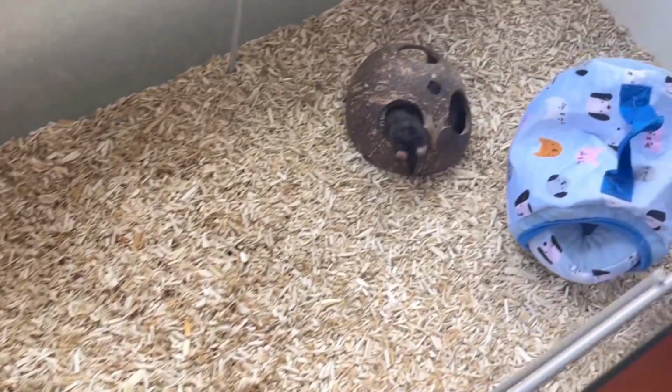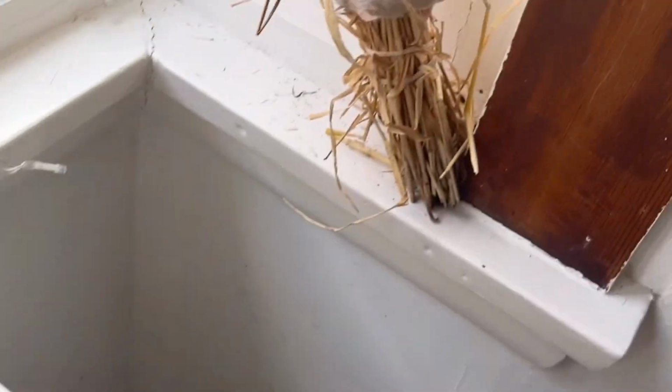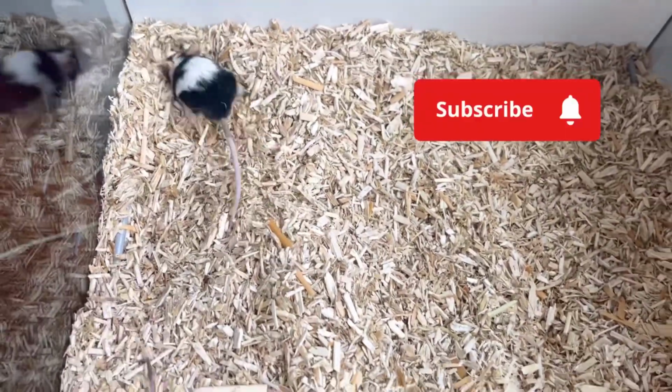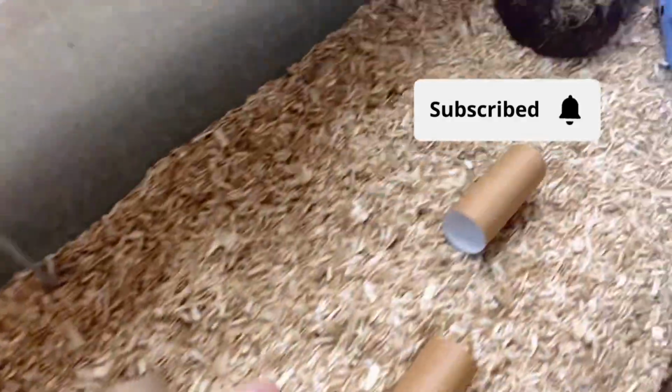So today I wanted to talk about open concept enclosures and my view on it. As you can see, I'm giving my mice free roam time whilst I clean their enclosure out. Now, whilst I think open concept enclosures are amazing, there are a few things that you need to make sure